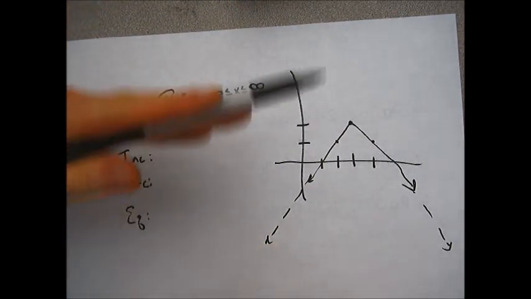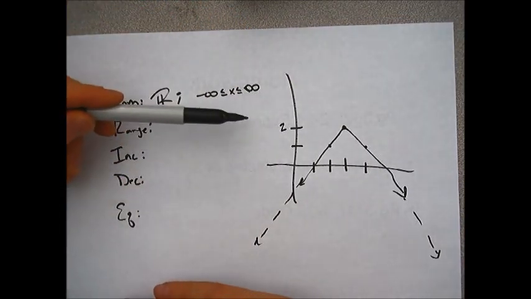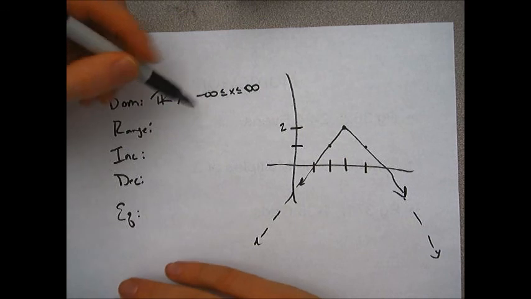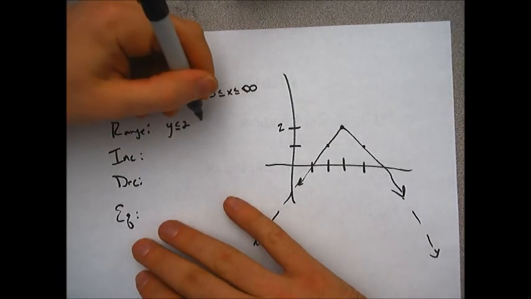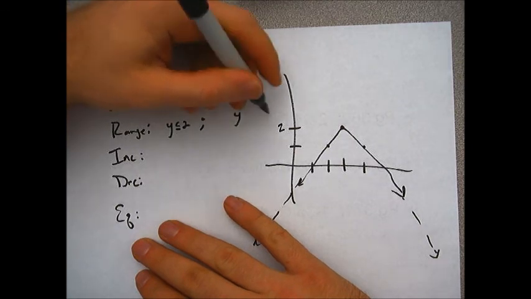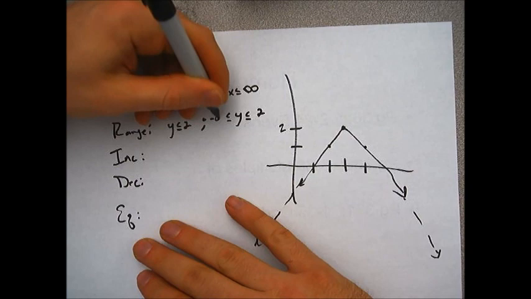My range, remember that's my up and my down, this is positive 2 up here, and it does not surpass that point. So my range, we could say, is less than or equal to 2. We could also say my range is less than or equal to 2 and greater than or equal to negative